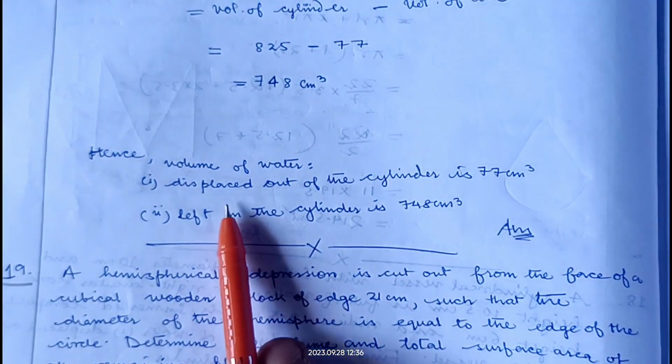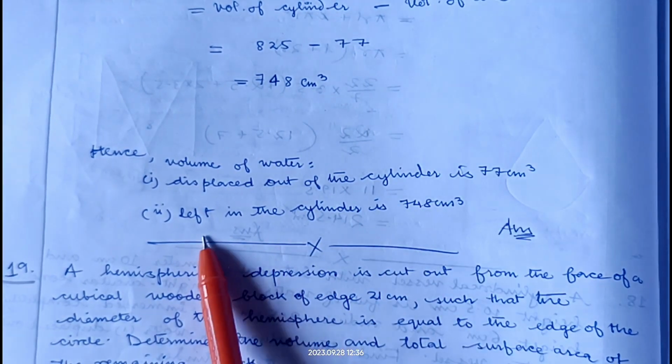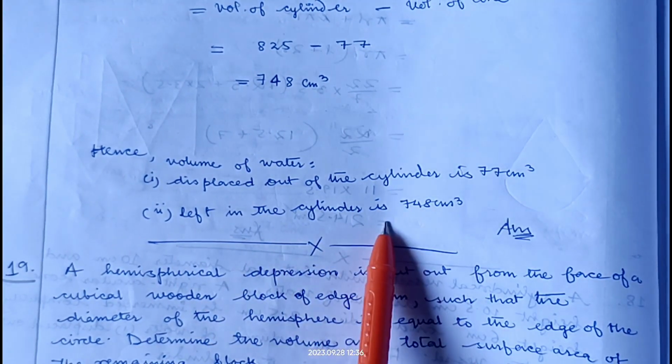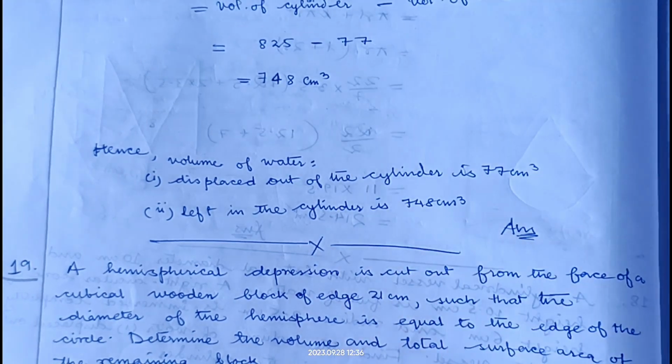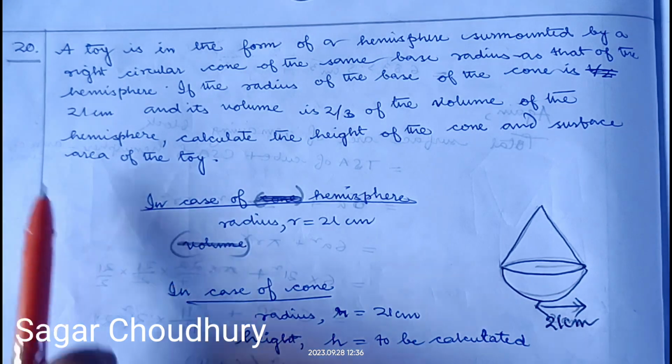So the final answer is: volume of water displaced out of the cylinder is 77 centimeter cube and volume of water left in the cylinder is 748 centimeter cube. As question number 19 is not so important for exam purpose, I am showing question number